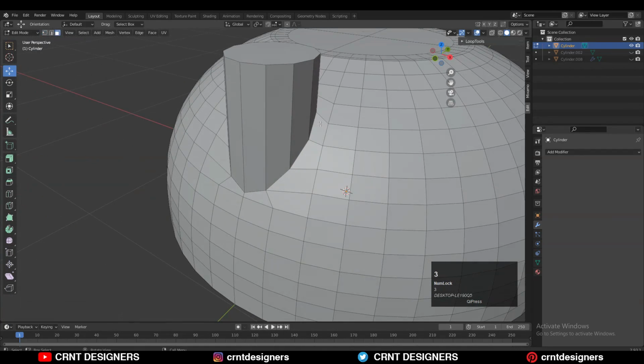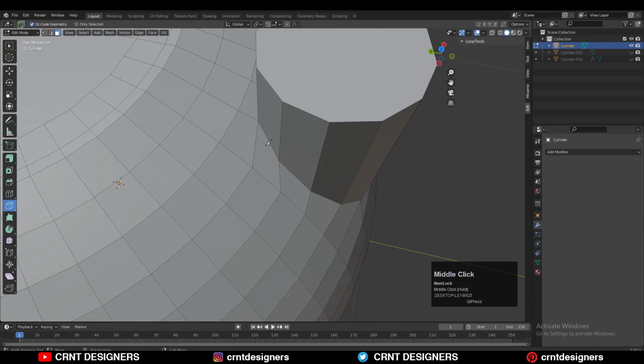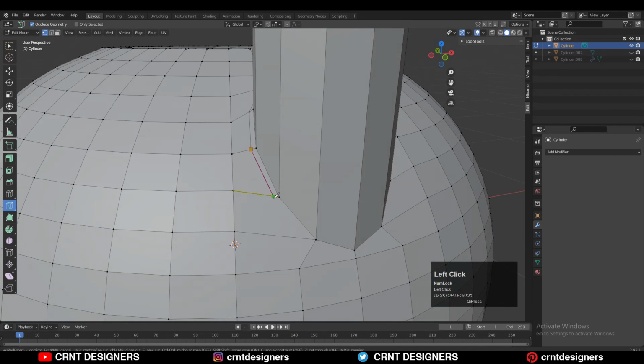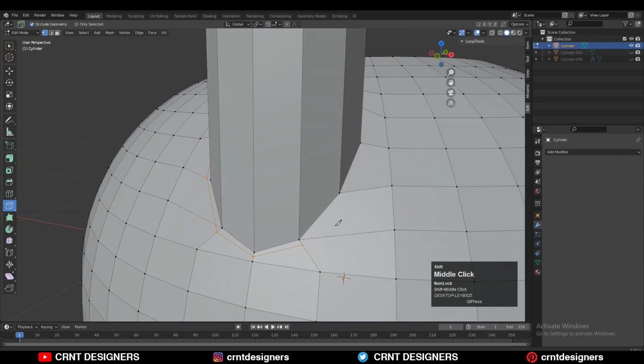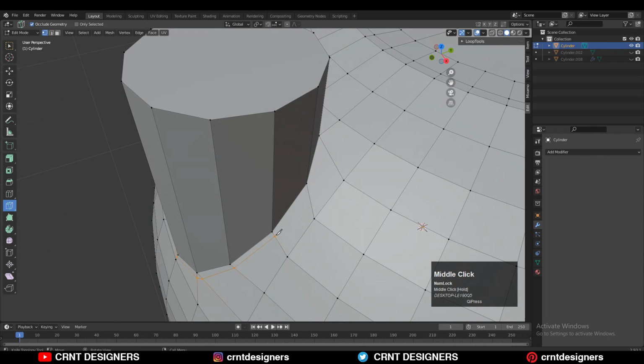Now we need to add the loop, a face loop, there. So that's why we are using the knife tool. Select the first point, select the second point, select the next points and then you need to press Enter to complete that cutting operation. So in this way you need to create the loop around that boolean. You must have the loop around that boolean so you will get better shading on your model. So that's another thing, that you should keep a loop around your boolean.